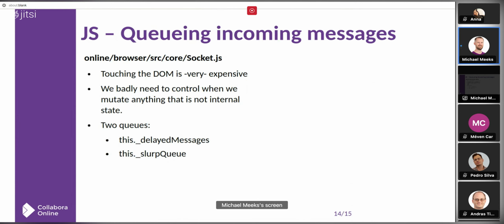And then on the JavaScript side, and this is where I ran out of steam in my talk preparation earlier, we also have a queue. So one of the problems with the browser is that touching the DOM is extremely expensive. So you would think that what you need to do in the JavaScript is have something as simple as possible. You have a WebSocket and you read messages off it, and then you just do what they say, right? So like if there's a change to the cursor position, you should just move the cursor, tweak the CSS, and you're done. And that would be a good idea, except that almost certainly immediately after the cursor move, there's also